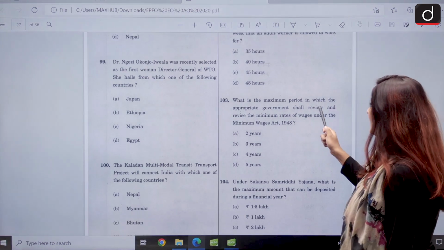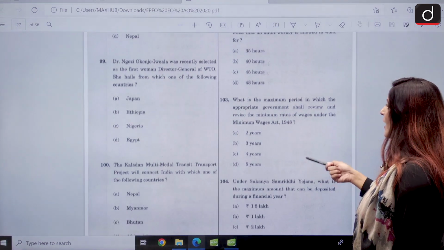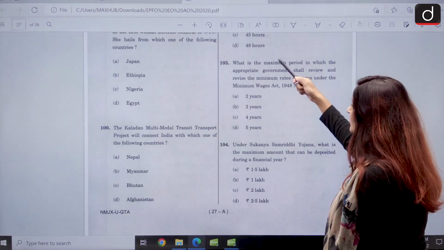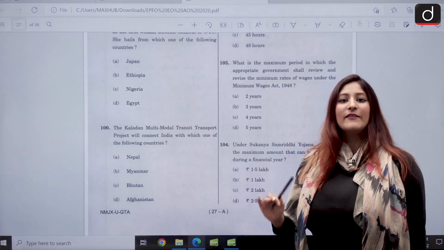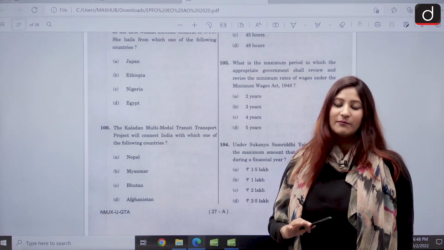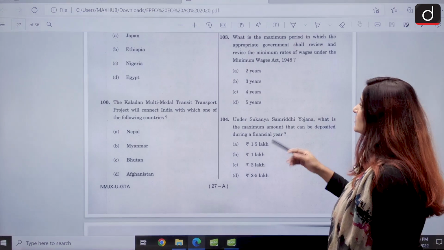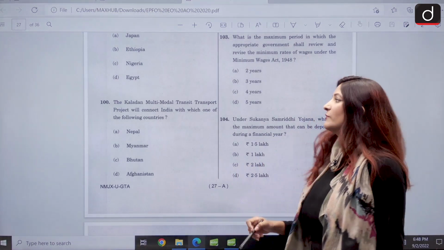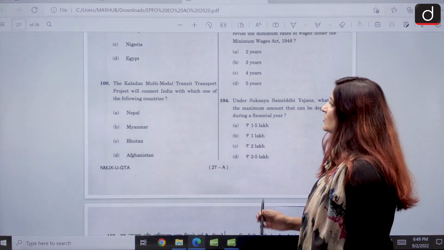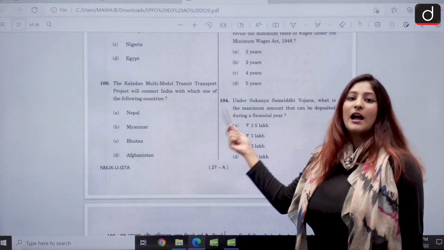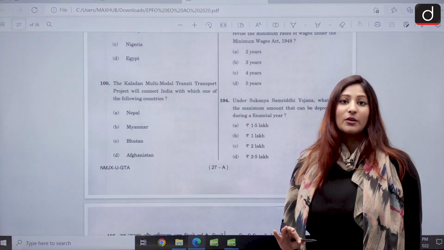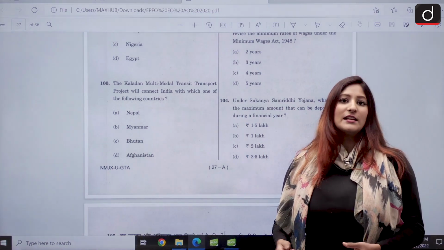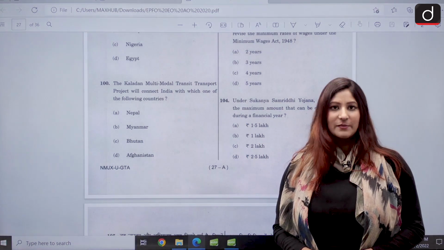What is the maximum period in which the appropriate government shall review and revise the minimum rates of wages under the Minimum Wages Act? So these are the provisions. These kinds of questions come only when there is a lot of buzz around them. That means if they are in the news, they won't go to some act that has not been in the news at all and ask you a provision from that. Kaladan multimodal transit transport project, again current affairs, we have read about it. So these are the kinds of questions that you might see coming into your upcoming papers with respect to UPSC,